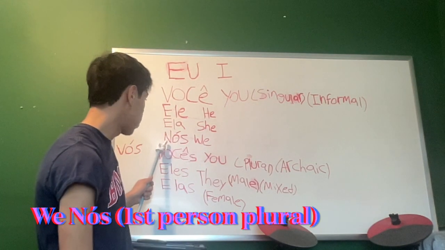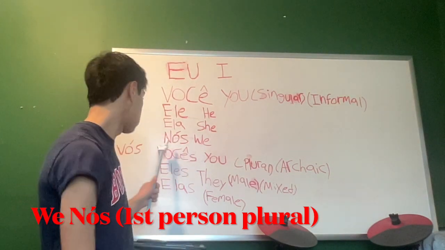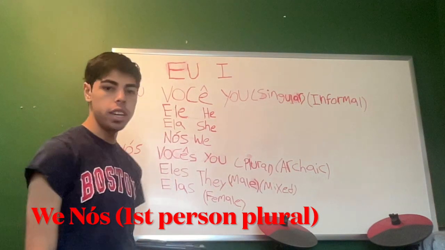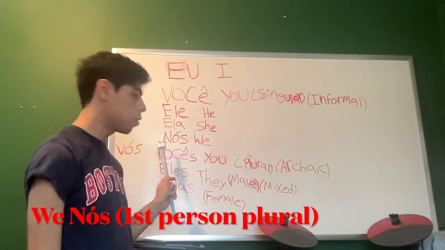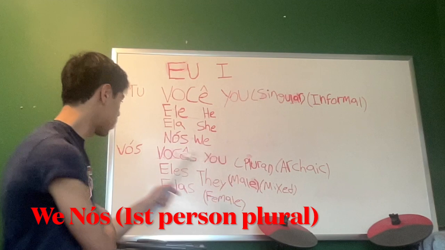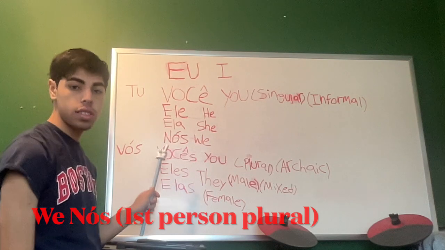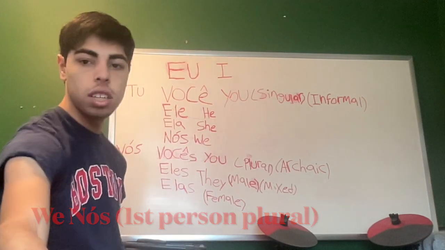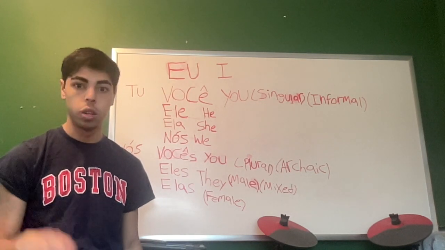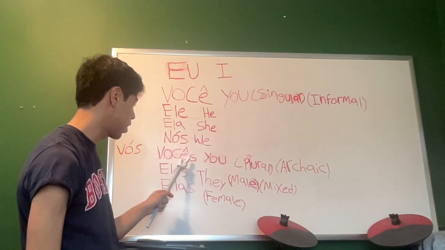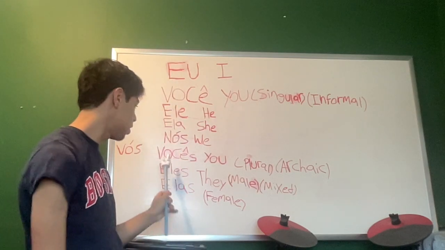Now "nós", we went over the accent here, and you can check out the other video about that. "Nós" in Portuguese is first person plural, because if you look right here, there are S's at the end of those pronouns because those are all plurals. Meaning you don't use them in the singular, because it's more than one. If you're talking about multiple people, if there's more than one, it's plural. So those are the two first person pronouns: that's the singular one, and that's the first person plural.